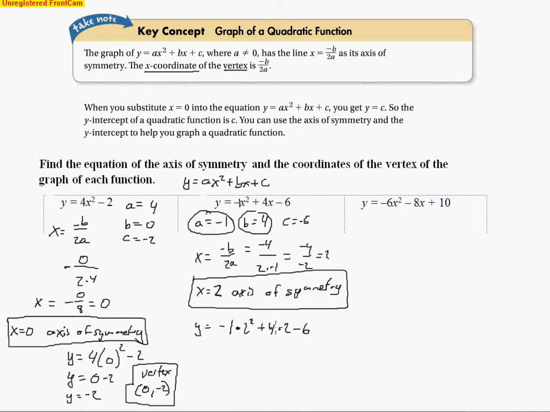So here's where evaluating expressions came in, and why we practiced those earlier on, because we have to remember order of operations. So the exponents come first, multiplication comes before addition, and this is what I've got: negative 4 plus